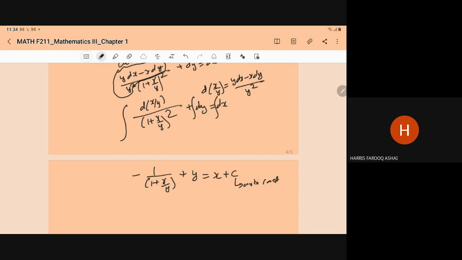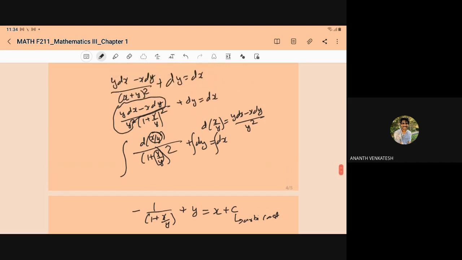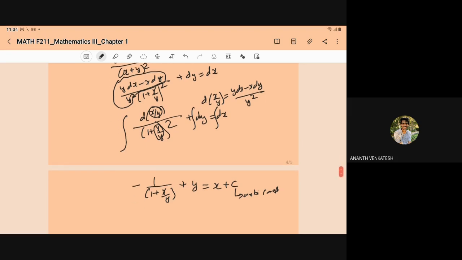Sir, how is this exactly differentiable equation? Whatever this function is, that same function we are taking here. Exactly integrable. Exact equation means exactly integrable. So here we can integrate like this. But in the earlier cases, we had to split it into M and N and then check that it is exact. In another form also you can do this, just by manipulation, easily. Otherwise you have to do it in the bigger manner.